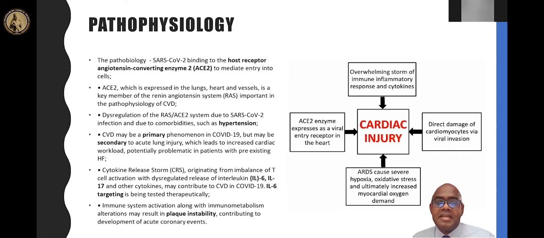So you can understand why these COVID patients get more lung, heart, and vascular involvement in COVID infection. And you can have a direct viral invasion causing the cardiomyocyte to damage as a third mechanism. And indirectly, the respiratory hypoxemia or acute respiratory distress syndrome could cause secondary myocardial oxygen demand mismatch, causing further cardiac injury. So you have 4 types of main pathophysiological basis to cause cardiac injuries.